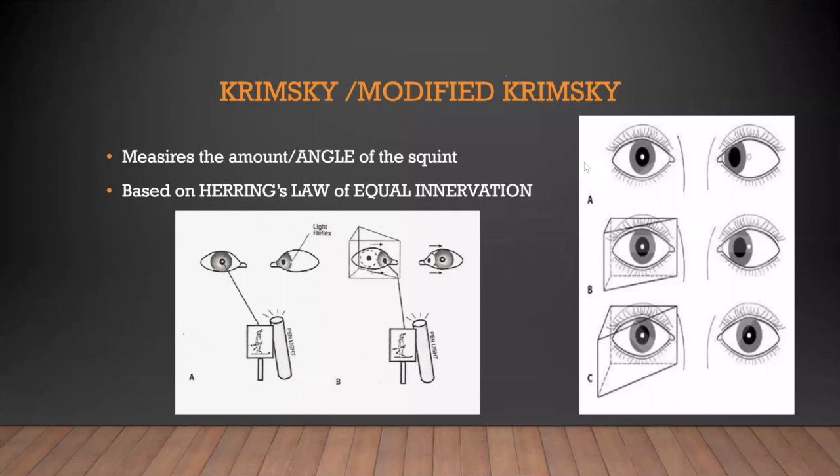You're going to ask them to look at the torchlight and you start using a prism to neutralize the reflex. In the left eye, the reflex is deviated at the limbus. By putting the prism over the fixing eye, you are trying to make the reflex centered in the deviated eye, which gives us the amount of squint in prism diopters for an eye which is not seeing well. If you see this image in A, there is a left esotropia, maybe more than 45 degrees.